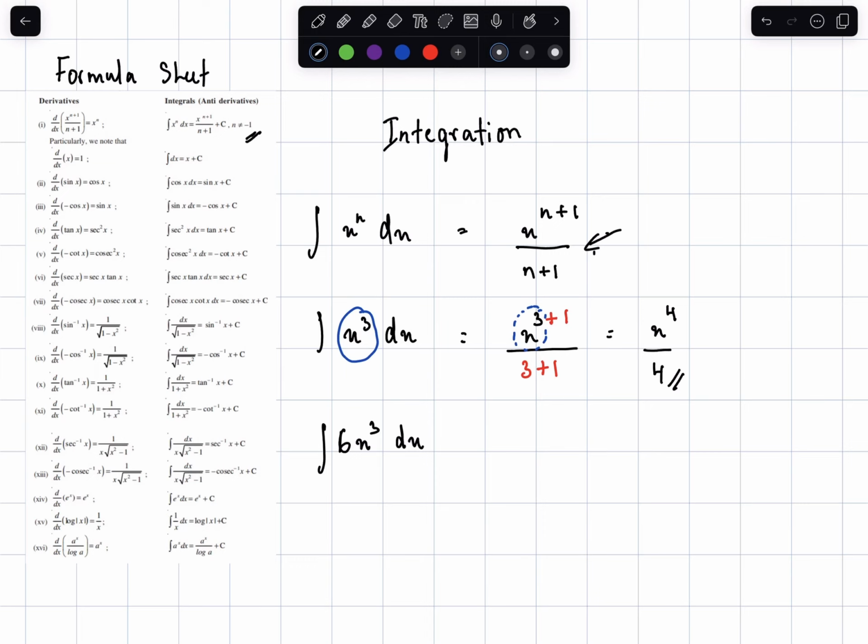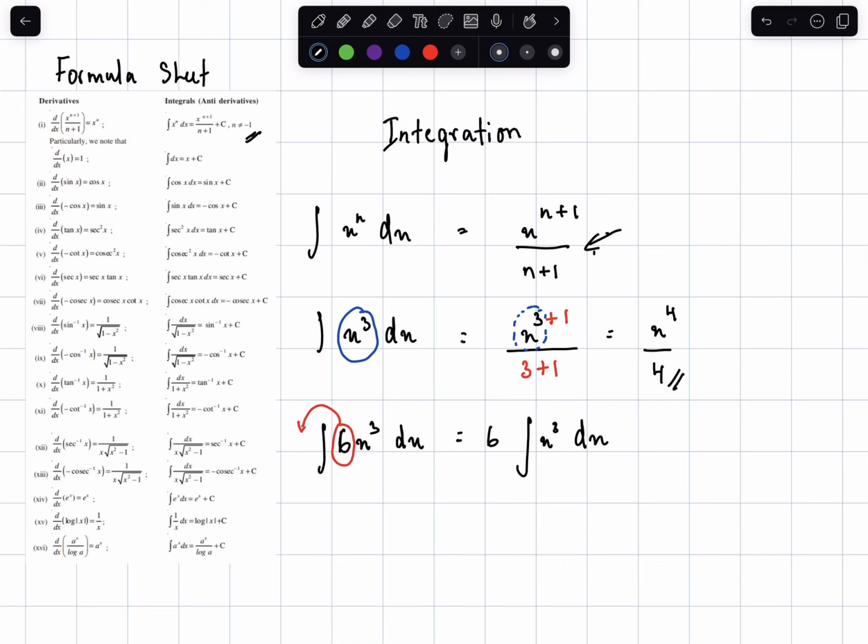If it doesn't come intuitively, it should simply be, because 6 is a constant value or a real number, all we have to do is bring it out. As simple as that. So 6 times the integral of x cubed dx,